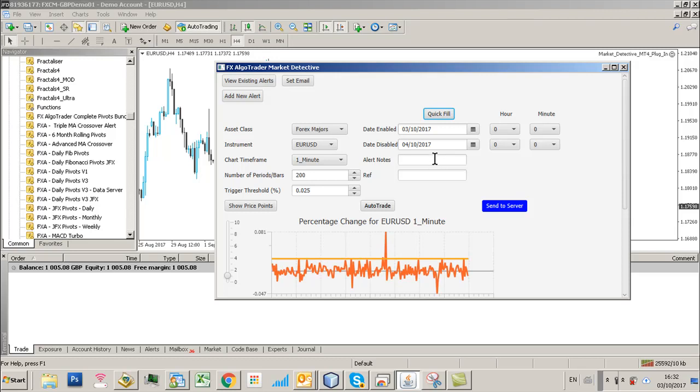I can put notes in for the alert, and if I click auto trade, I can then add an MT4 account in here, and you need to give it the MT4 files folder, because that's where the system is looking for data. So that's where it writes the change data to when an alert is generated from the server. I won't go into the details of how all that works, but anyway, just apply the MT4 files folder in there, and then when you click